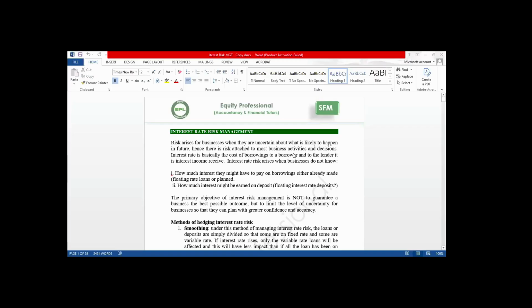Then when you borrow at a floating rate, there's an element of risk. Your interest payment is not certain every year. Your interest payments may move